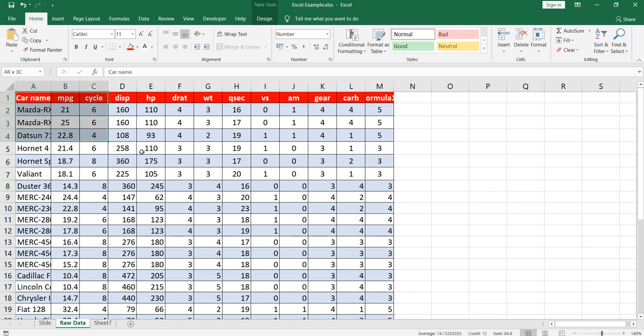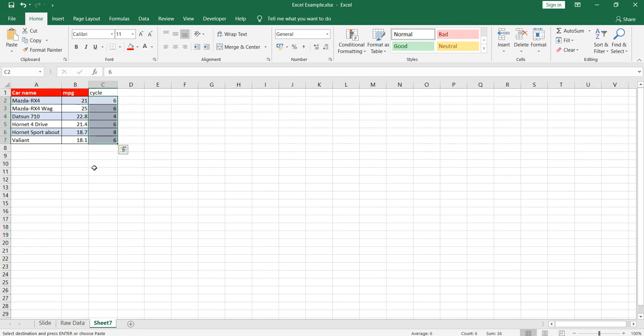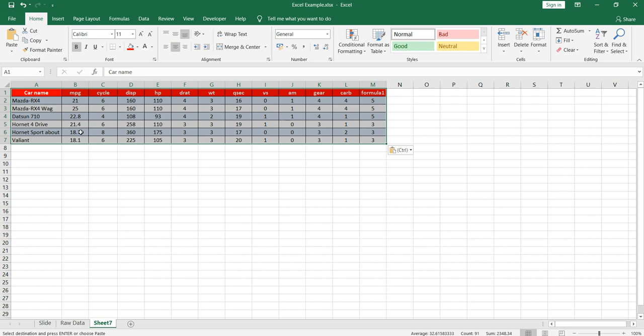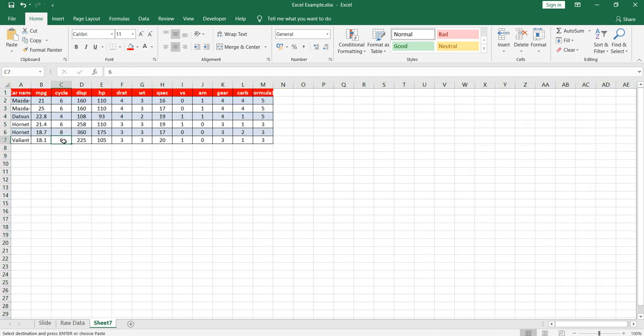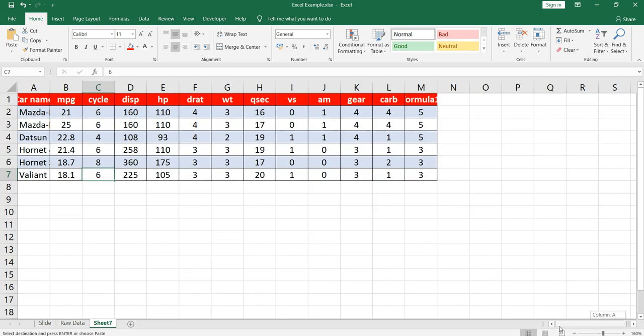In order to show you the example, I'll just copy this data set here in a new sheet, and then I'll resize the length. Now you know that your cell value here is not showing appropriately.